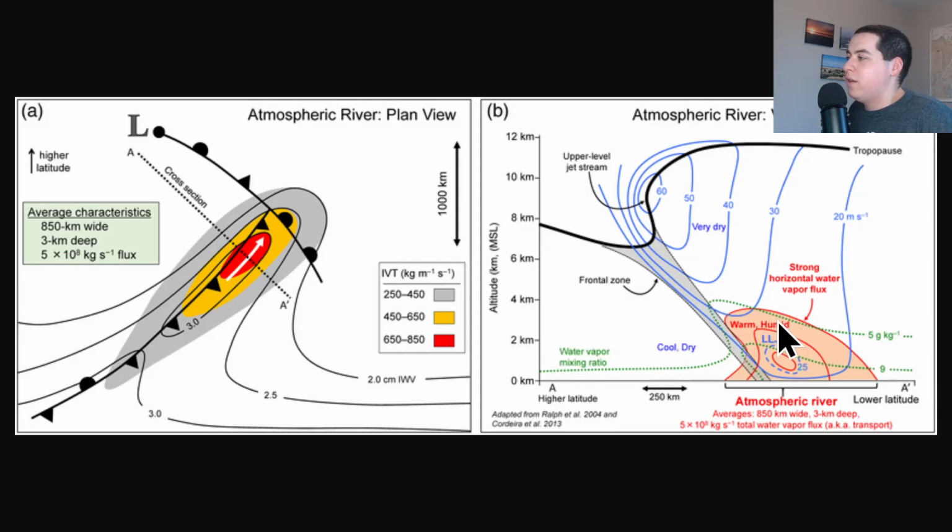Now we take a cross section of this, and you can see it's not very high, about 4 kilometers in height, which is not very big. When you're looking at weather, you can have thunderstorms that are easily 10, 15 kilometers high. So it's very low, and that is what allows it to really slam into those mountains, but it doesn't really impact areas much higher than that. So you can see how it's just this kind of small little feature that can have really big impacts once you get up close to it.